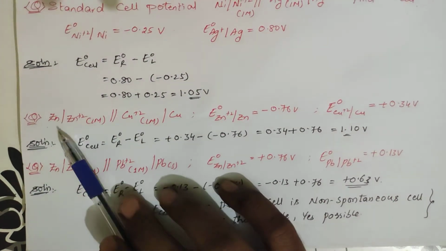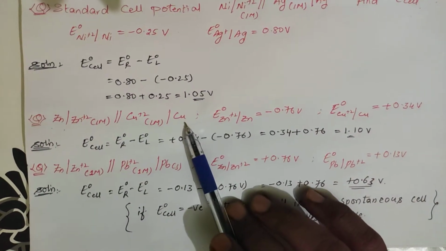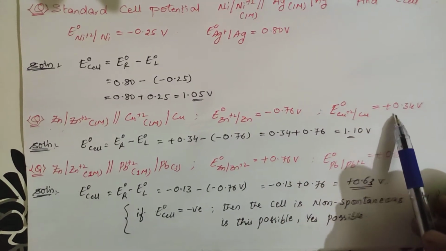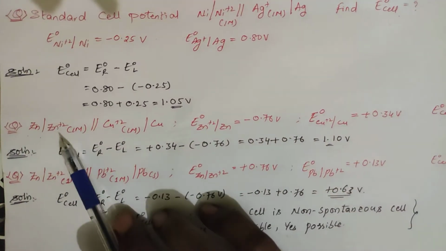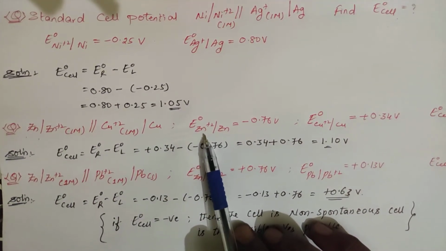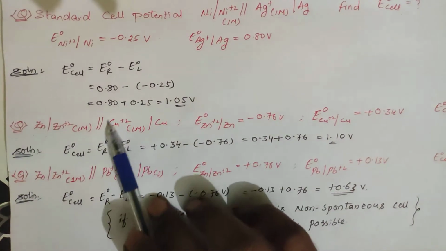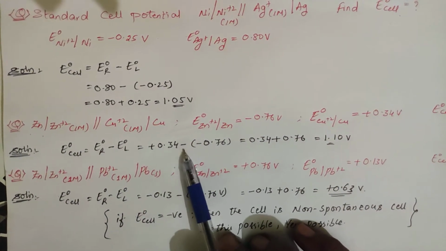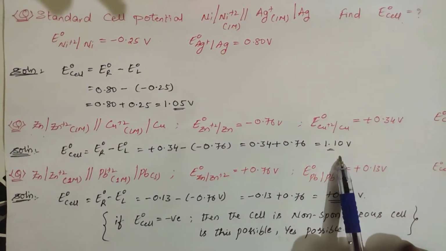One more question. Zn has been converted to Zn plus 2 with 1 molar concentration. Copper plus 2 in 1 molar solution converted to copper. E naught of Zn plus 2 to Zn is minus 0.76 volts. E naught of copper plus 2 to copper is plus 0.34 volts. Calculate the EMF of the cell. Okay. So what happens? This one is undergoing oxidation, this is under reduction. As they have given the reduction values, plus 2 to 0, reduction, plus 2 to 0, reduction, so directly RHS minus LHS. So copper minus zinc you should get. Copper is 0.34 minus zinc is minus 0.76. So the answer will be 1.10 volts.